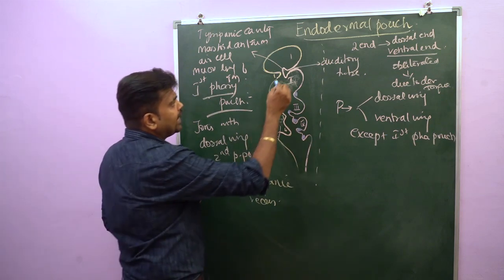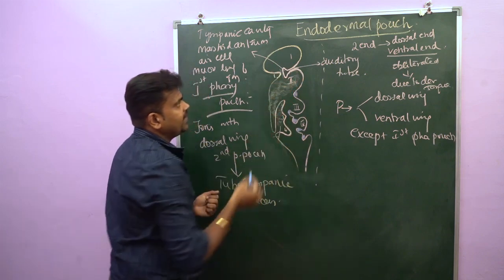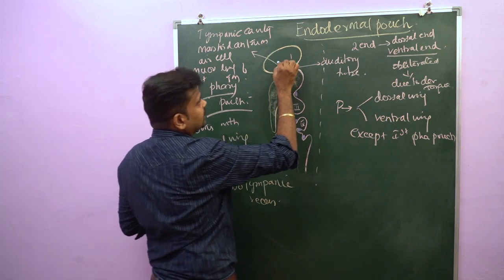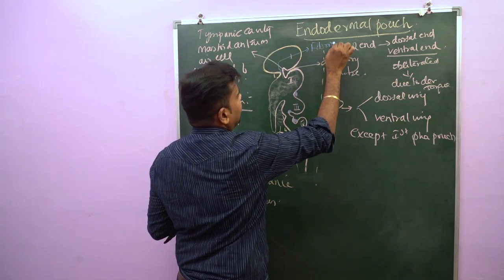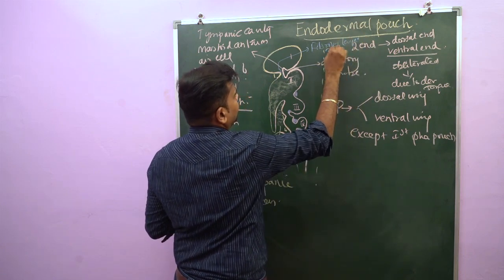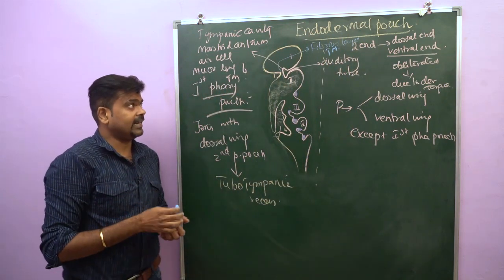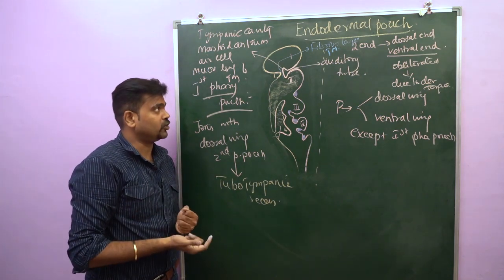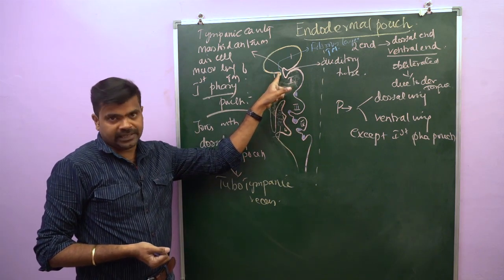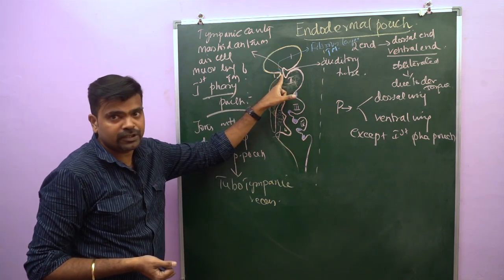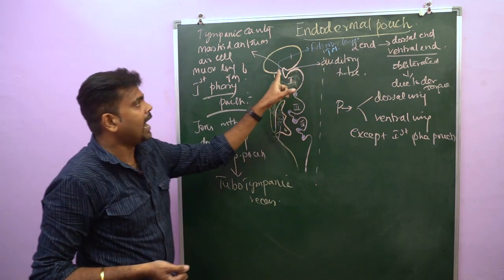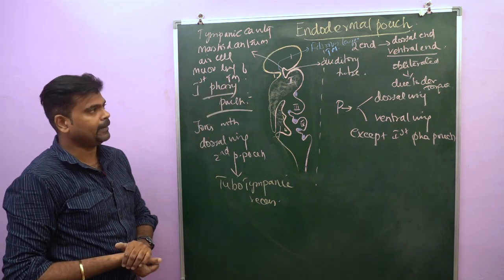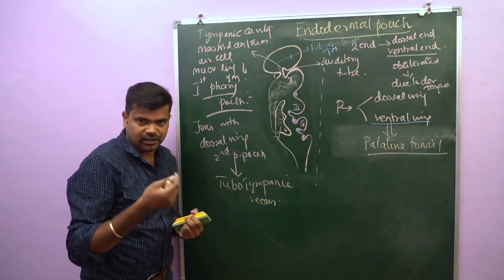Now you can see a thin layer of mesoderm present between the first ectodermal cleft and the endodermal pouch. This thin layer of mesenchyme gives rise to the fibrous layer of the tympanic membrane. Now you can understand that the tympanic membrane arises from 3 germ layers: ectoderm, endoderm and mesoderm. The ectoderm gives rise to the cuticular layer, the mesoderm gives rise to the fibrous layer, and the blind end of the tubotympanic recess gives rise to the mucosal lining of the tympanic membrane.